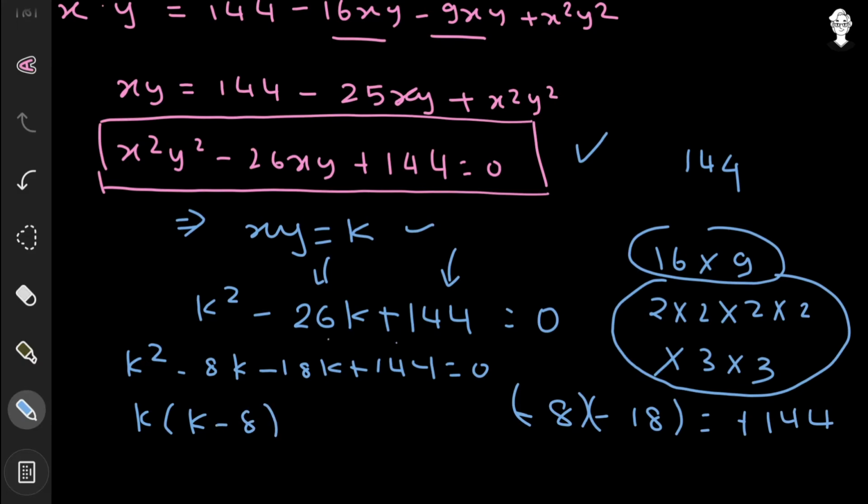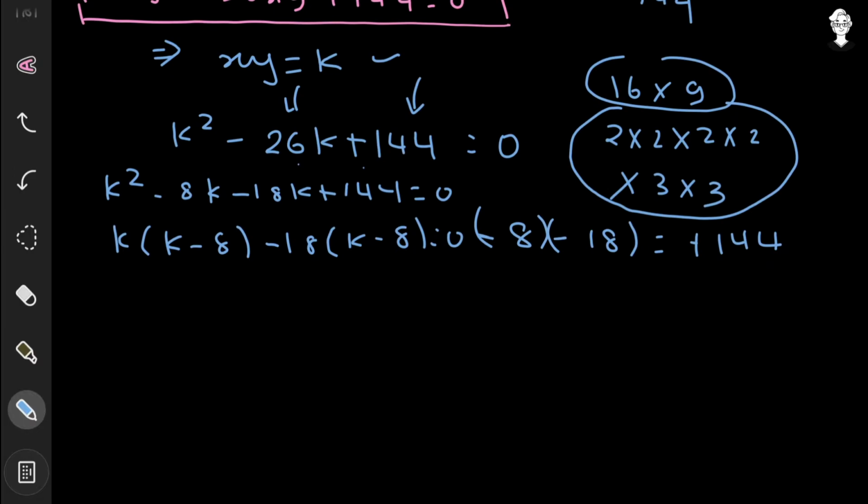From this and this I can take negative 18 common, so inside the bracket k minus 8. Yes, 18 into 8 is 144, and this thing is going to be equal to 0. So now we can see that we can take k minus 8 as a common factor, so k minus 8, and inside the bracket it is going to remain k minus 18, and this thing is going to be equal